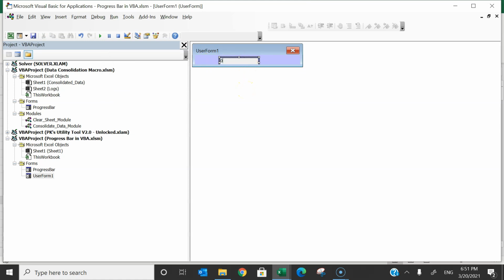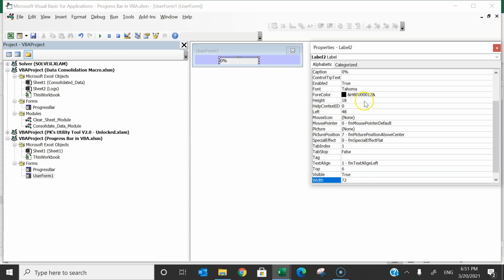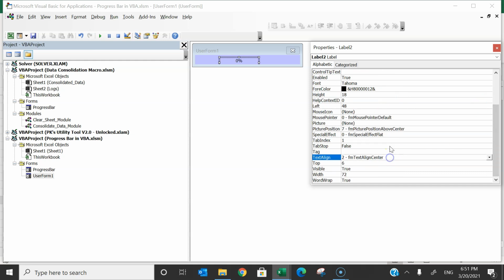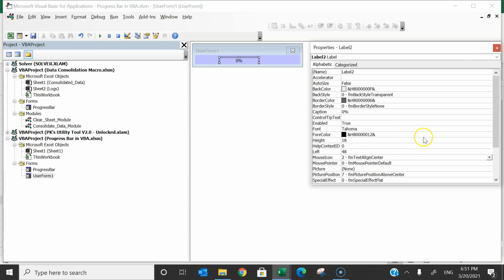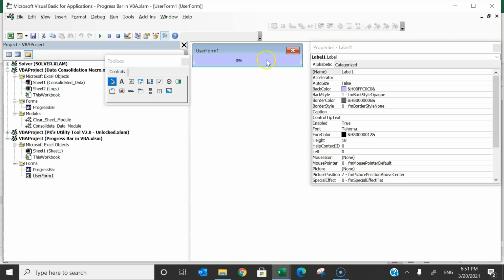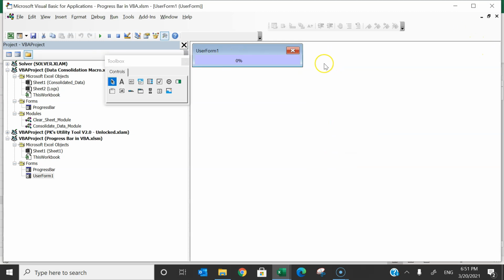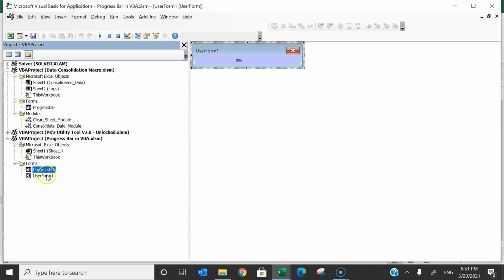So let's say by default I am putting here 0%. Just right click, go to the properties. You can take the back style as transparent, double click here, align the center. Alright. Now we will change, let's say LBL value. Alright. For the first label, this with the background color, we will put here LBL progress bar. Alright. So we have designed it. You can change the user form name also. Like here I have taken the progress bar. For now I'm just keeping it as user form 1.